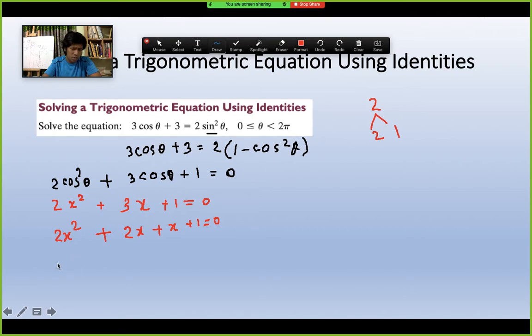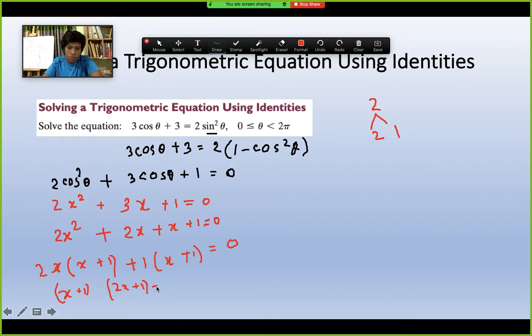So if we take x common, then it becomes x plus 1, then plus 1 common. If we take it, then it is x plus 1. I am just factoring it. You can factor it using your other methods too, because there is another way we can solve this math. So this is middle term factoring: x plus 1, then this is twice x plus 1